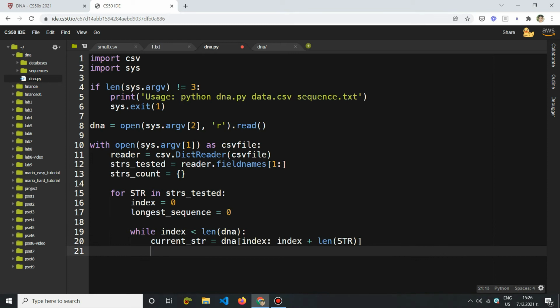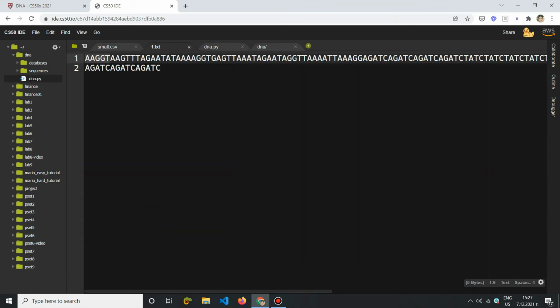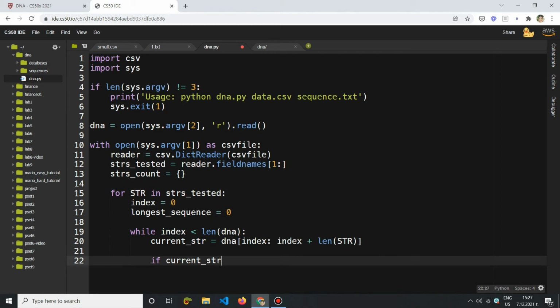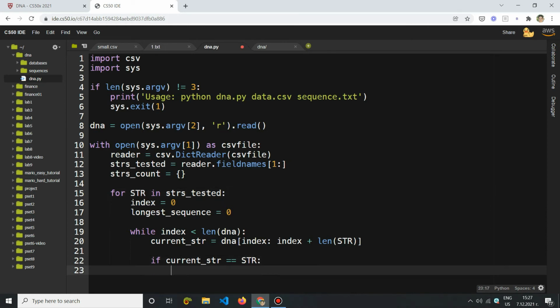If I say print current STR, we cannot print it yet. But we have cut a certain piece out of our DNA, and now we want to see if it's the exact same STR we're looking for. So is this equal to AGATC, right? So I'm going to say if the current STR is equal to the STR we're looking for, the one we're testing, then